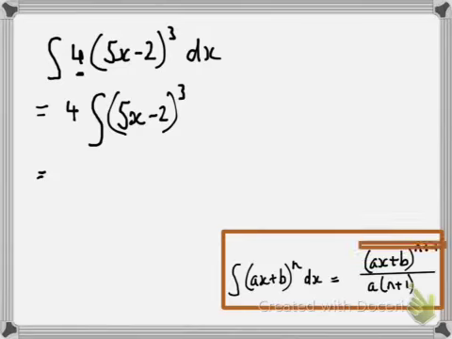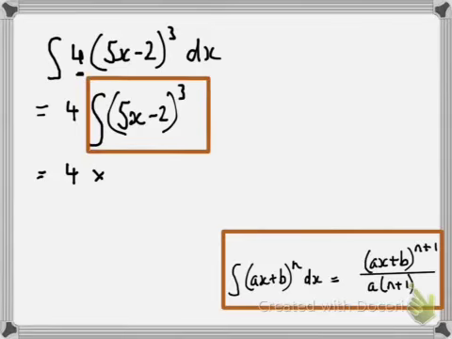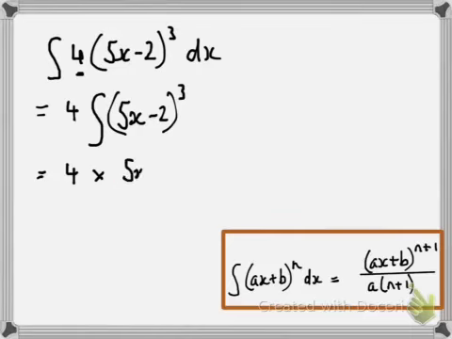If you look at the top of the rule there, it says repeat the bracket. In fact, we should put our 4 there because we've got that out separate. So now we're applying the rule to this part here, and what it's saying is keep the bracket the same, so 5x minus 2, and raise it by 1. That's where the n plus 1 comes in. So n, we're now raising it by n plus 1, so it goes to 4, over